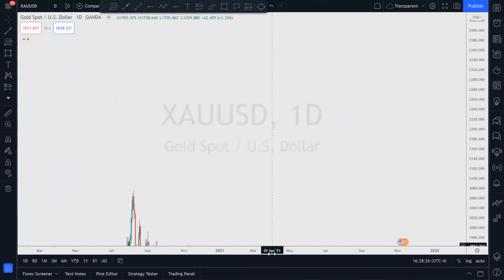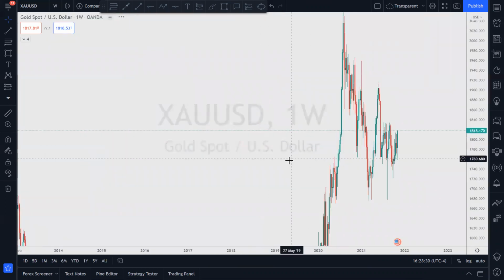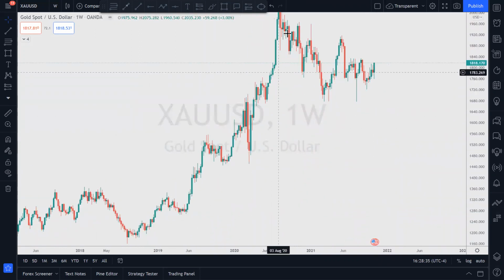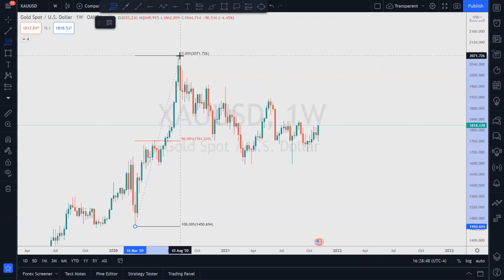We're going to break down gold. Let me take a look at the weekly. What you want to see is how price impulsed, impulse straight up, especially from here. Lovely. And if you put your fib on there from the beginning of this move to the end of this move,